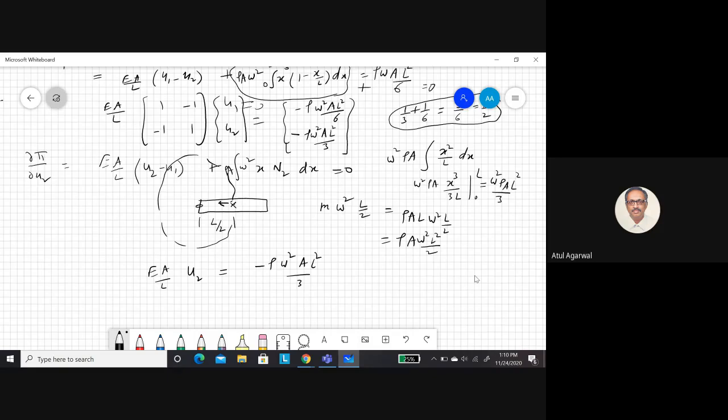So one problem I am facing, my displacement should not be negative. It should have been positive because this bar is stretching and this is my positive x direction. So my displacement should have been outward in positive x direction. So anyone can tell what is the mistake made? So there is a problem of sign.